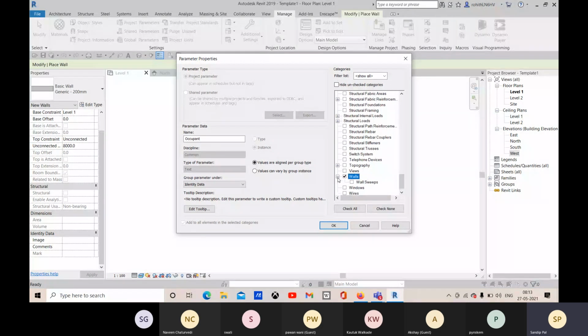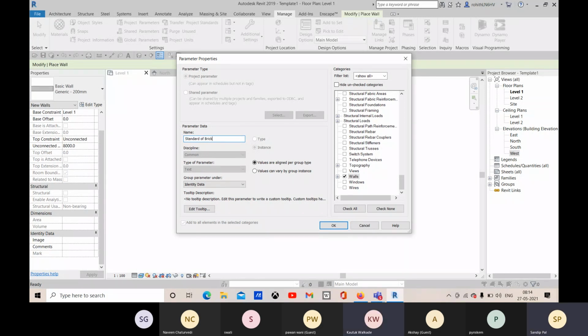So wall, and within this wall, if you are adding for wall sweeps, you can choose that. So I'm going to add for wall. So that is selected right now. And here, make sure that no other options are selected. Only this wall option is selected. Then let's go for standard of